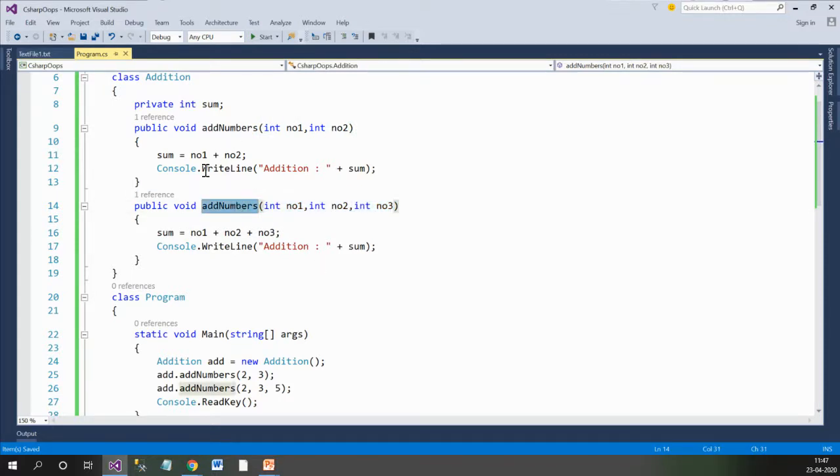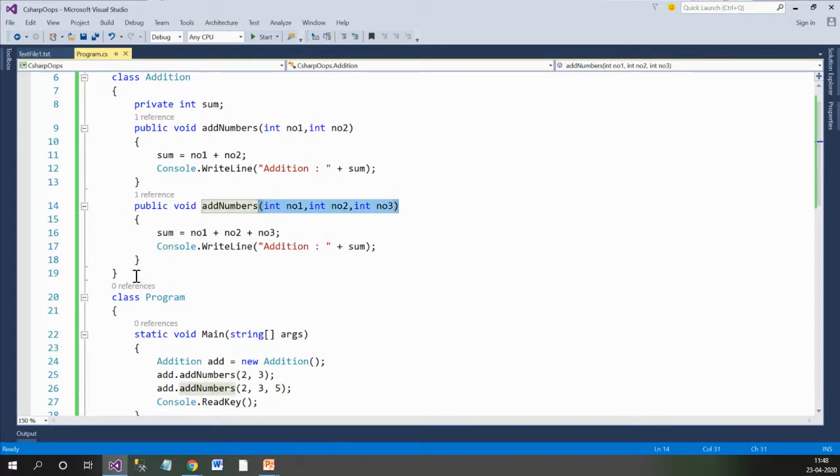So whenever you are calling add numbers method with two parameters, it will recognize there is an add numbers method with two parameters available, and it will automatically call this method only. And whenever you call add numbers and pass three parameters, it will automatically identify the second method with the three parameters and call it.